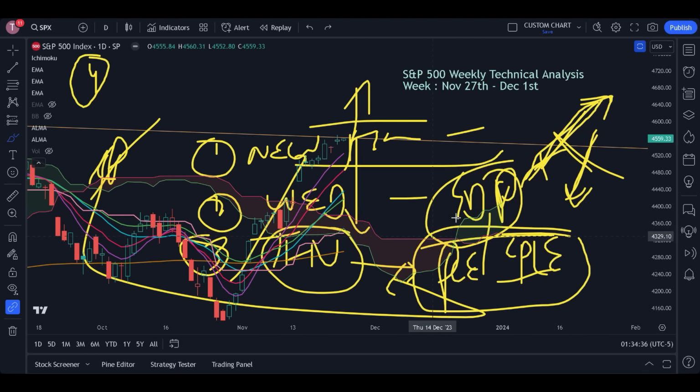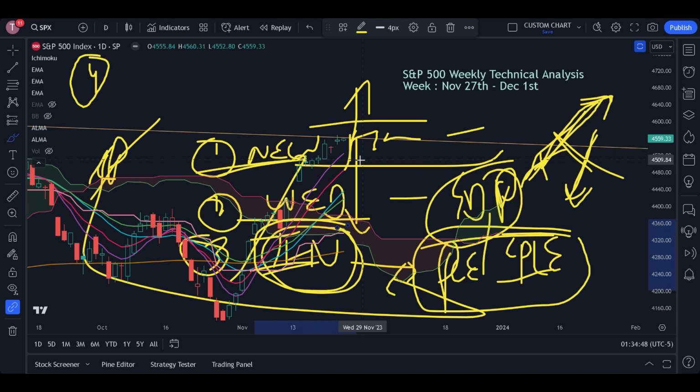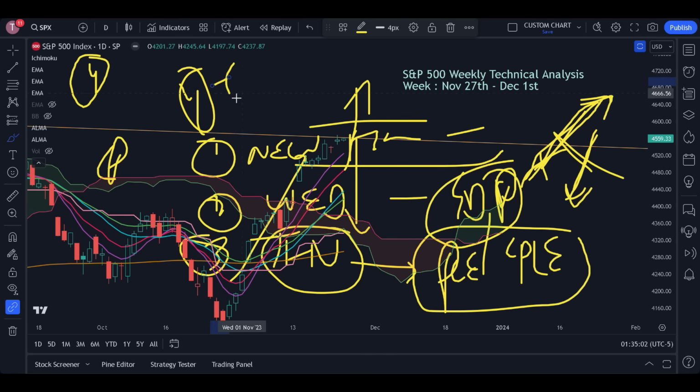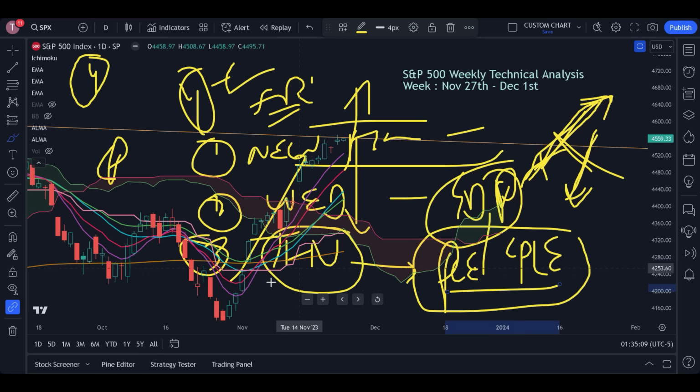Once the data is published, I will analyze as usual each and every day the data on Monday, Wednesday and Thursday, particularly Thursday, and I will give you an update on what we are now expecting: whether another bullish movement, a continuation of the bullish movement, or a heavy decline. This will be very clear on Thursday. Now point number 4: the Fed chairman is going to speak on Friday. So the PCE data will be published on Thursday.